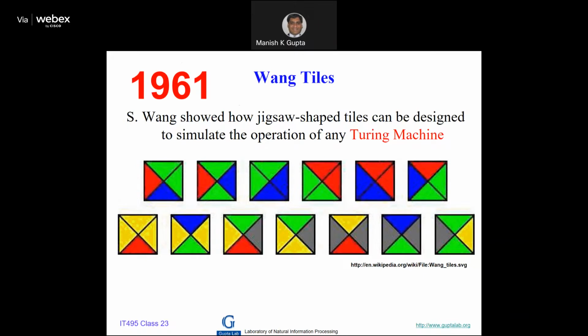I think some of you might know about Penrose tiling. Have you heard of Penrose? Roger Penrose, he's a Nobel laureate. He designed certain tiles which are known as Penrose tilings. There is a lot of interesting stuff in the tiles business. Anyway,